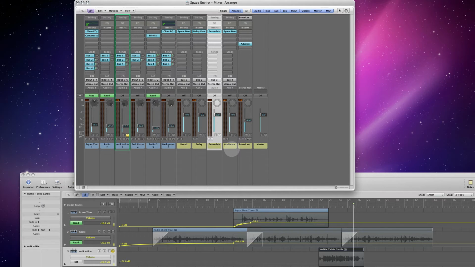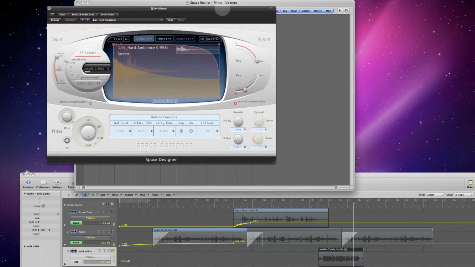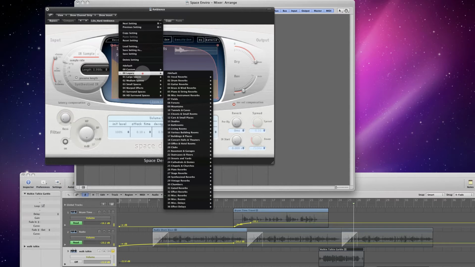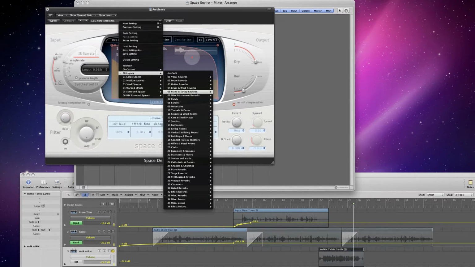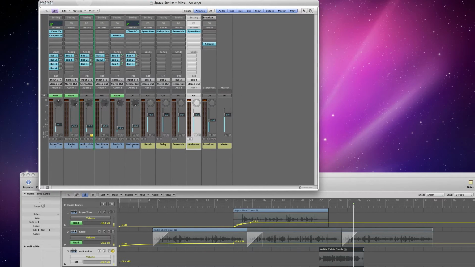And then for ambience, I took another preset called hard ambience, from the Legacy as well, in the miscellaneous reverbs. I don't know if you can see that right there. And then I'll combine both reverbs at the same time, the room reverb,